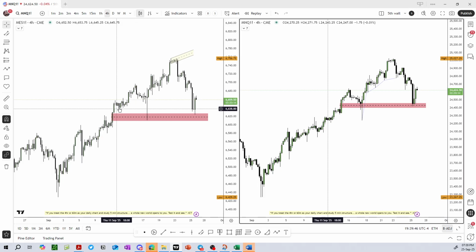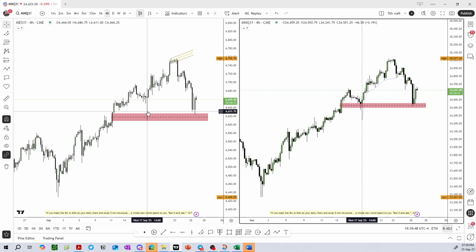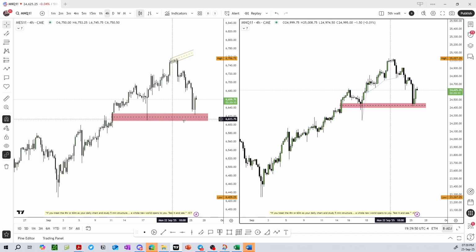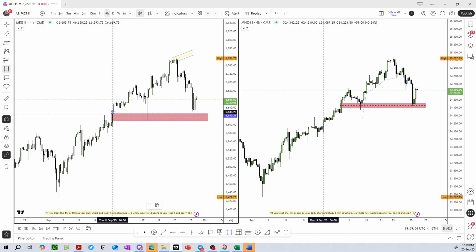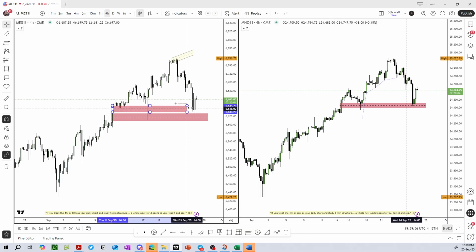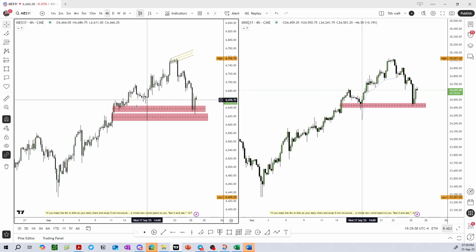There's an imbalance here because it was support here. Bodies are still respecting it. The wicks are digging down into here. But if you drew that other fair value gap out, this one seems more relevant than that one, right? Because the bodies are holding above